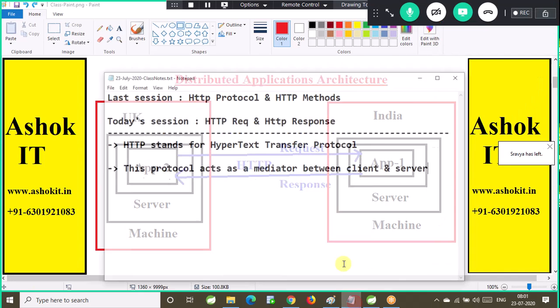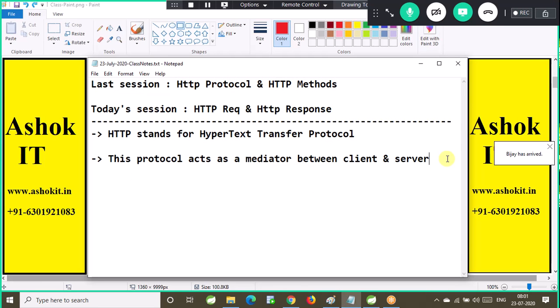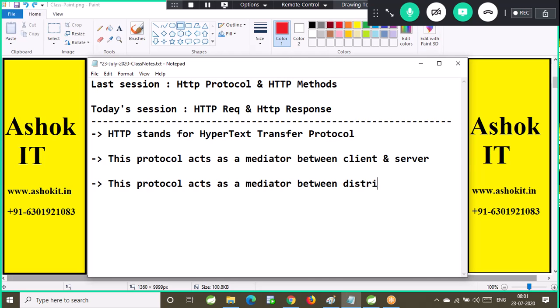Good. Now, the HTTP protocol is divided into two parts. This protocol acts as a mediator between distributed applications, like client and resource applications.